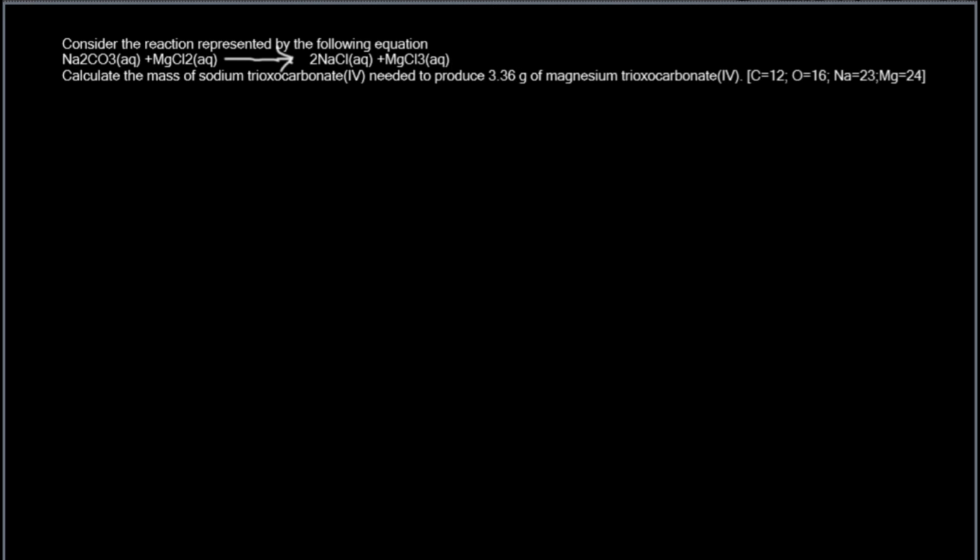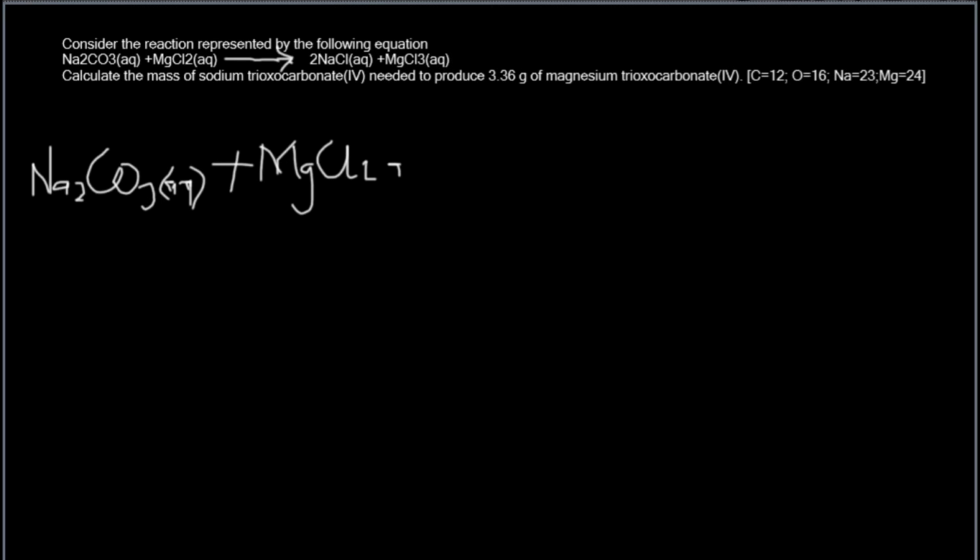We have Na2CO3 aqueous plus MgCl2 aqueous going to form